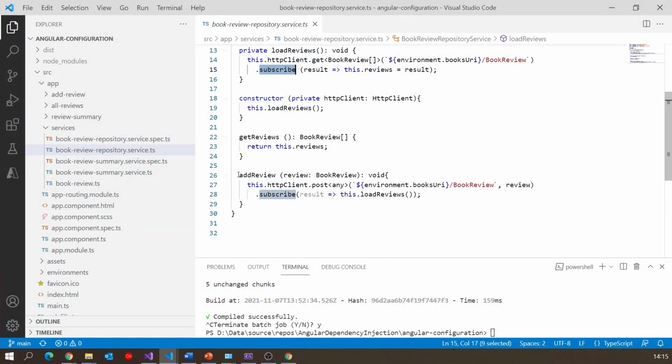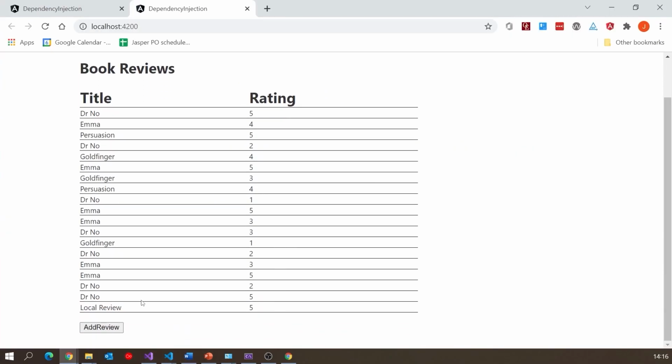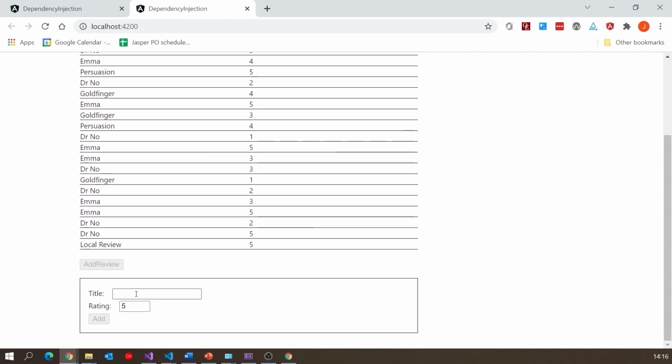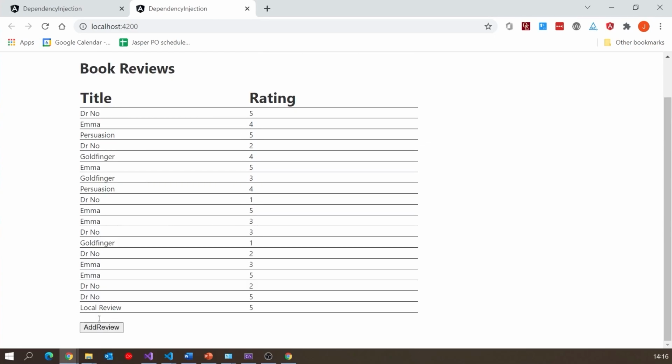Now, a really tricky practical example of where that can cause you problems is if we go back to our book review repository. And remember, we have this add review. So if we look at the page for that one, we know that we've got this add review where I can click on that and I can put in a review for something like, let's just do Emma, give Emma a review of 4, click add, and we get Emma added in there.